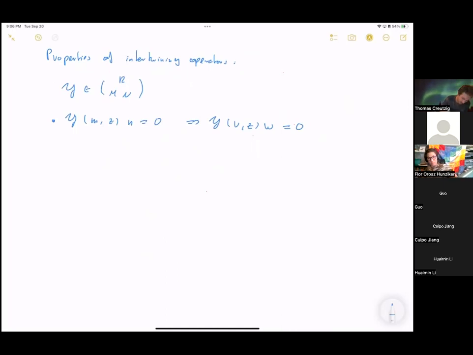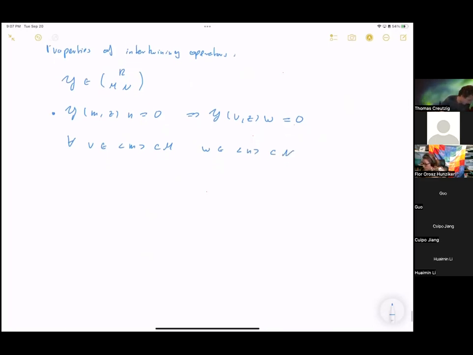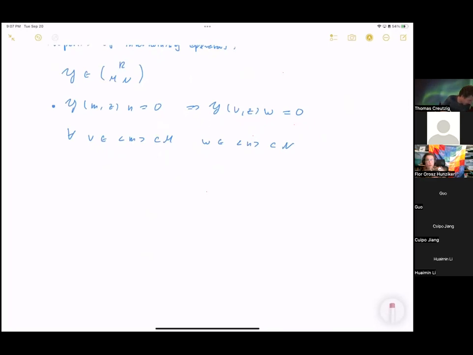And so it follows that Y does not need to be 0, but at least it is then 0 for all vectors in the V module generated by this vector M and all W in the module generated by the vector N. And a consequence of this statement is that if these two vectors already generate the whole modules, this is